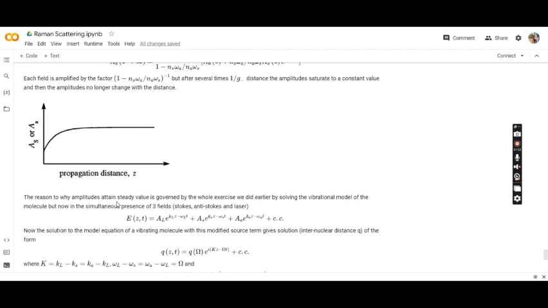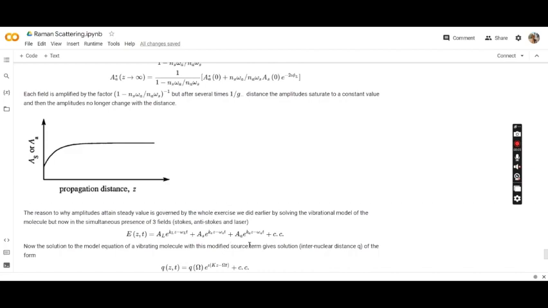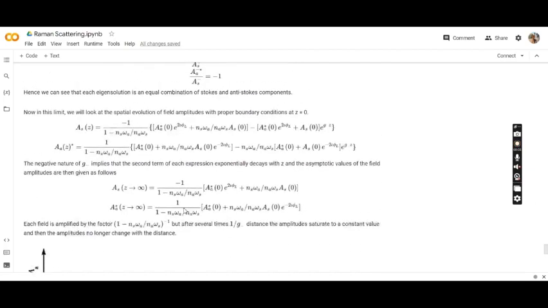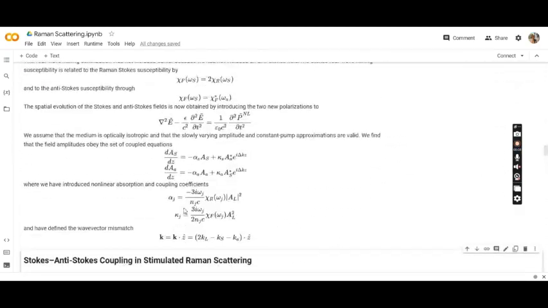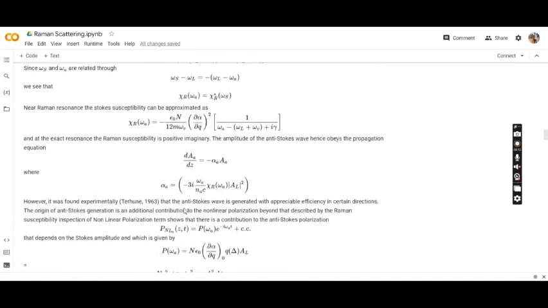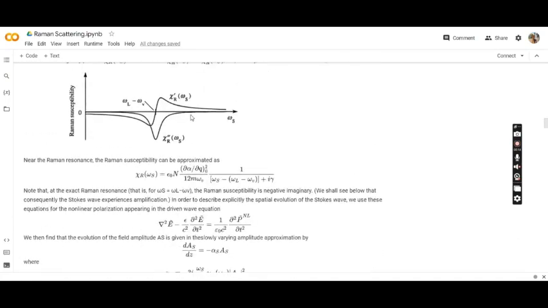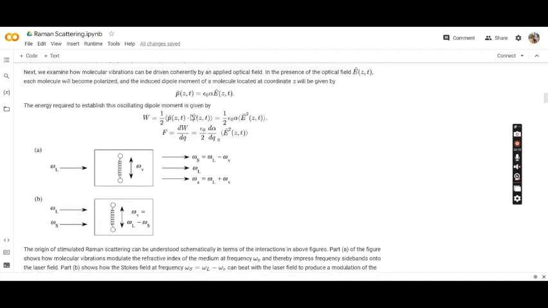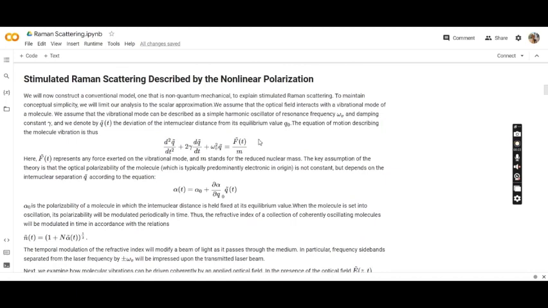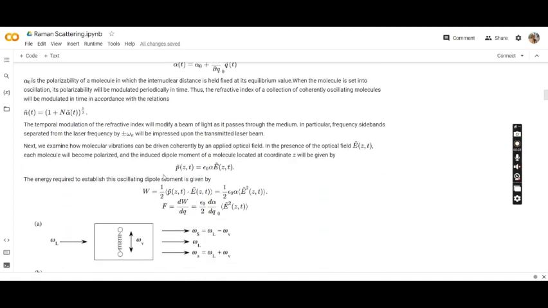Now we will have to modify the force term by also including the anti-Stokes frequency component in the electric field, and because of that, the differential equation for the molecule oscillating gets modified. Here the force term gets modified, and we need to follow the previous analysis exactly, by calculating the